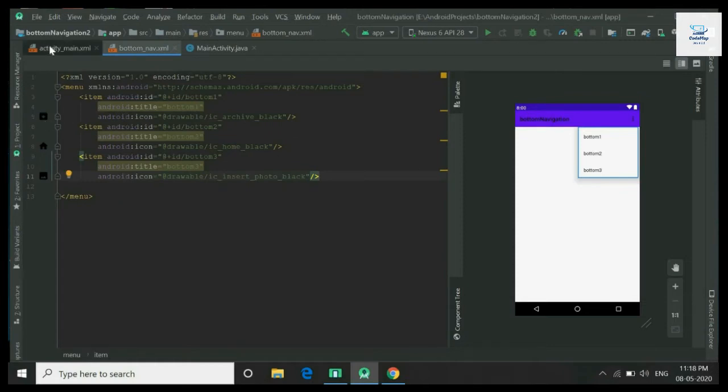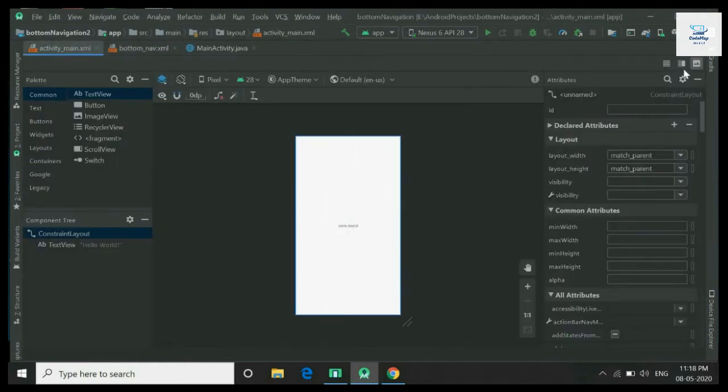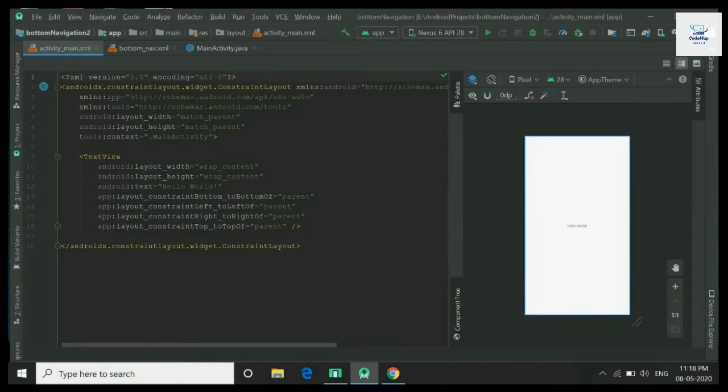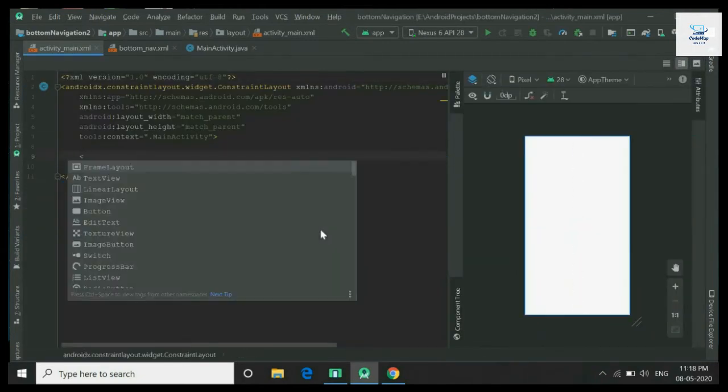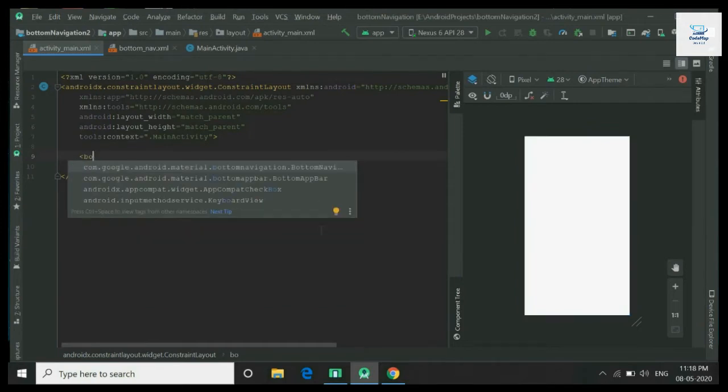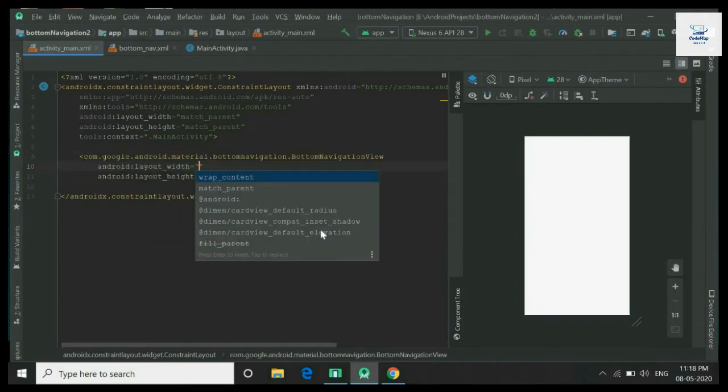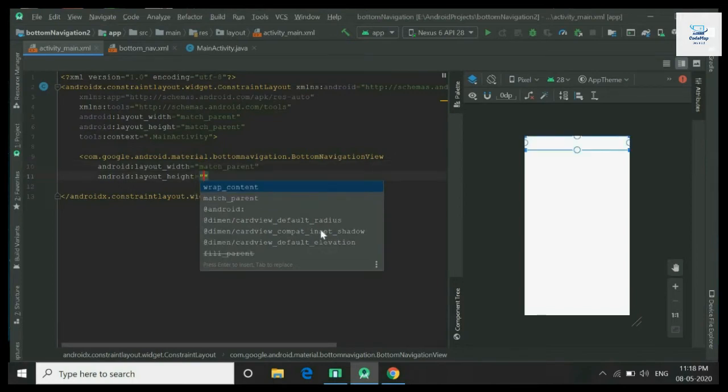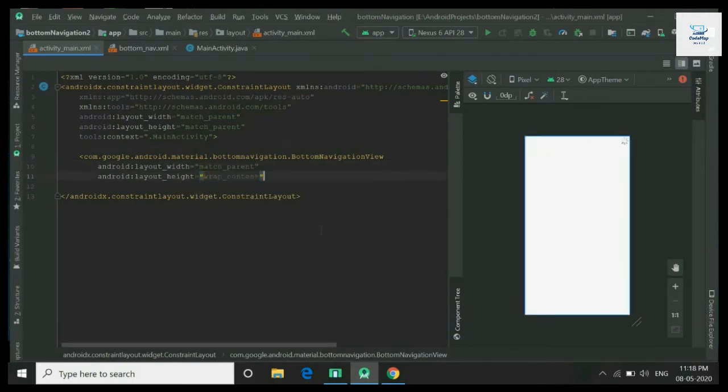Now move towards the activity main XML file. Switch over to the text, remove this text view and add bottom navigation. Width will be match parent and height will be wrap content. And add the menu resource file.